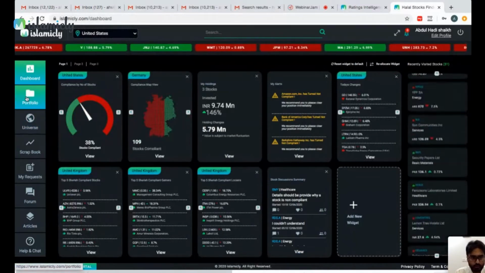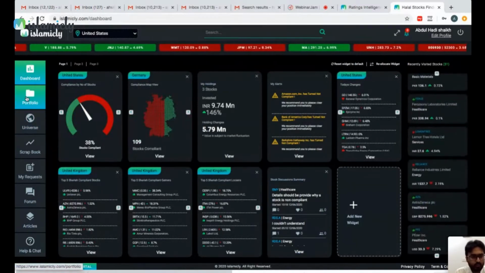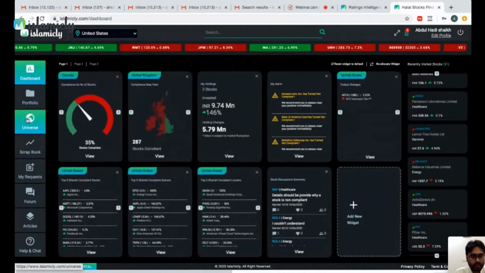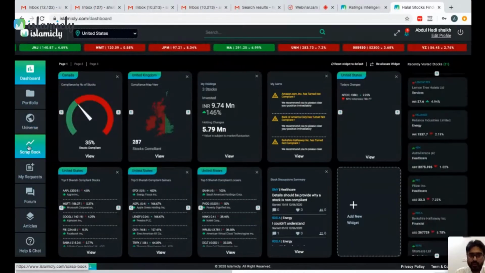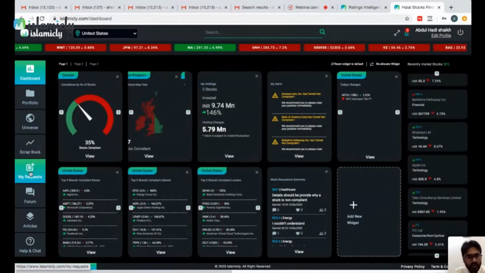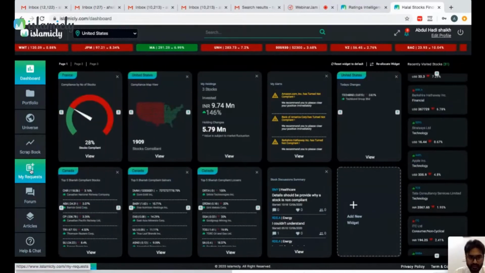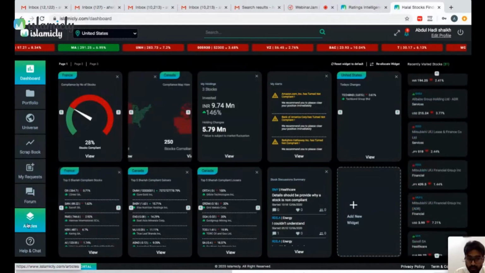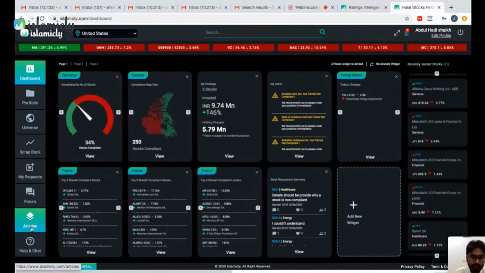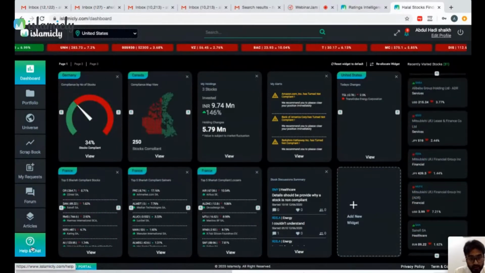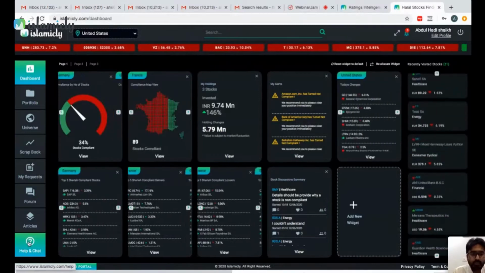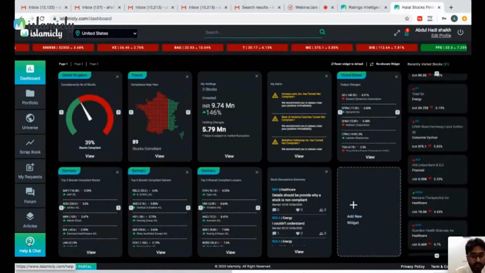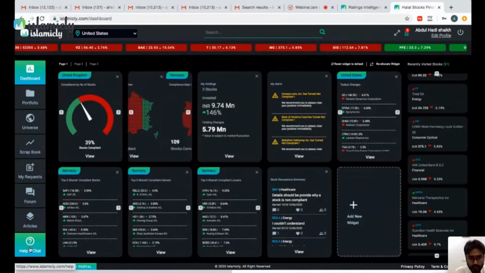You have a section called Portfolio, wherein you can keep track of all your portfolios. You have a section called Universe. This is a scrapbook. Any request that you have given on the app is here. All the forum discussions can be seen over here. The articles that we publish can be seen from here. This is the help and chat function. We haven't put a lot of content over here, but if you want to have a chat with us, you can click on this and you can instantly get online.